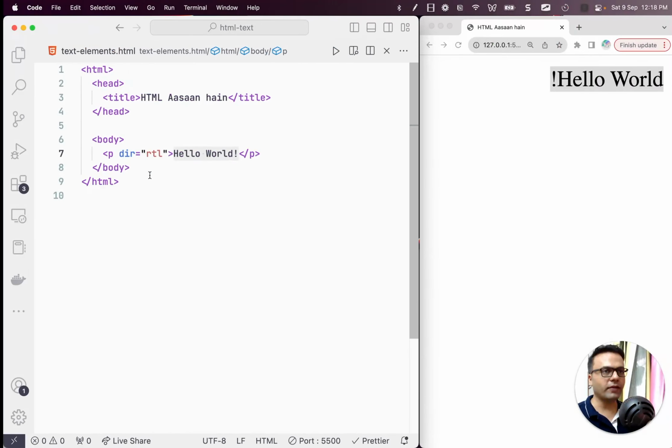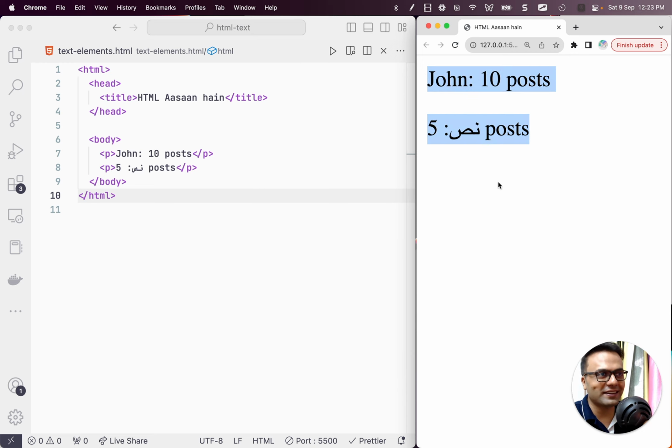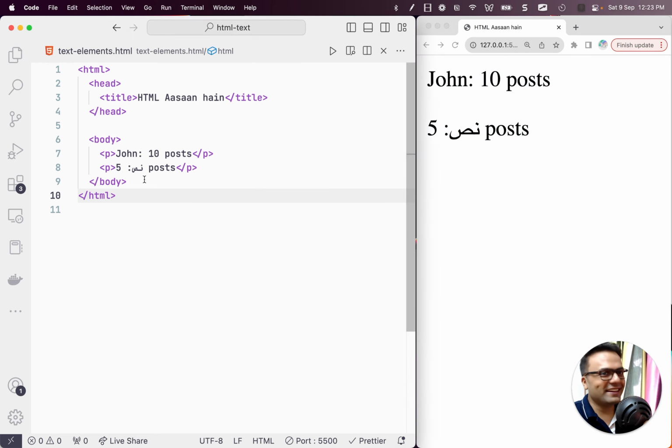Now consider this example, my friends. So here, inside of a paragraph, we have both. We have English text and we have Arabic text. And you will see that this has totally confused our browser. Right? So it should either be, name should be towards the left of the column,